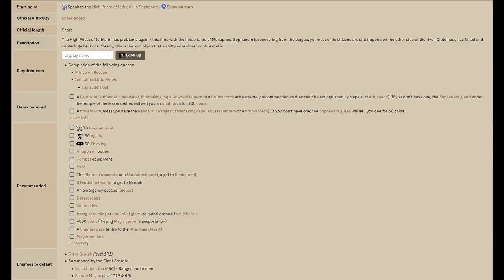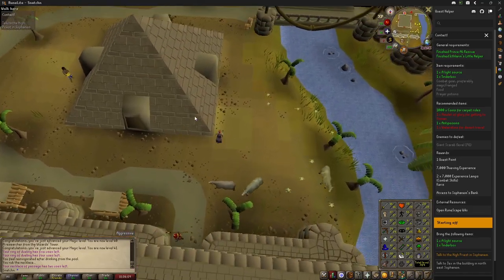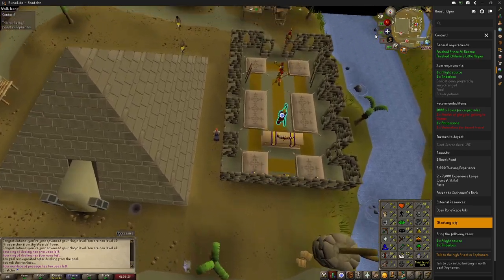Now the quest point start for Contact is just speaking to the high priest in Sophanem. Quest requirements are completed: Prince Ali Rescue, Icthlarin's Little Helper, and Gertrude's Cat. Item requirements are only a light source and a tinderbox. We opted for a lantern that we got from the goblins in Dorgesh-Kaan, and the tinderbox we got from